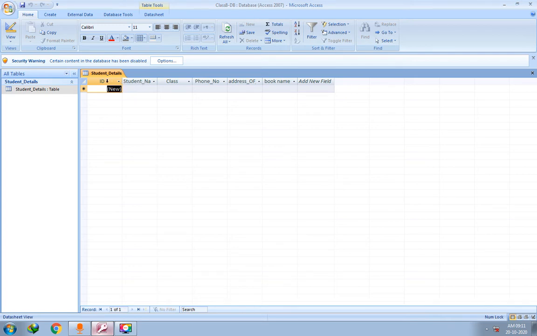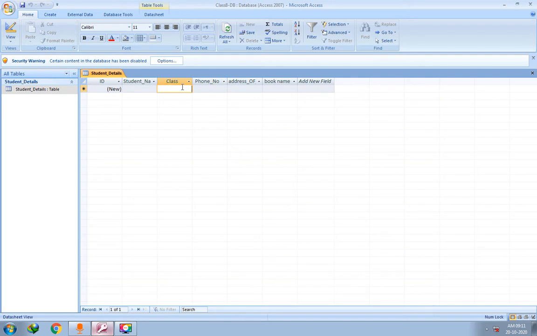You can see here, id will be the id of the student, or we can say the roll number of the student. It starts basically from 1. Student name is a text value. Text means character values. We will put the word or the text value in the student name. Class of the student will be a number, such as 5th class or 6th. So these are numbers. Phone number is also a number, so the data type will be number.